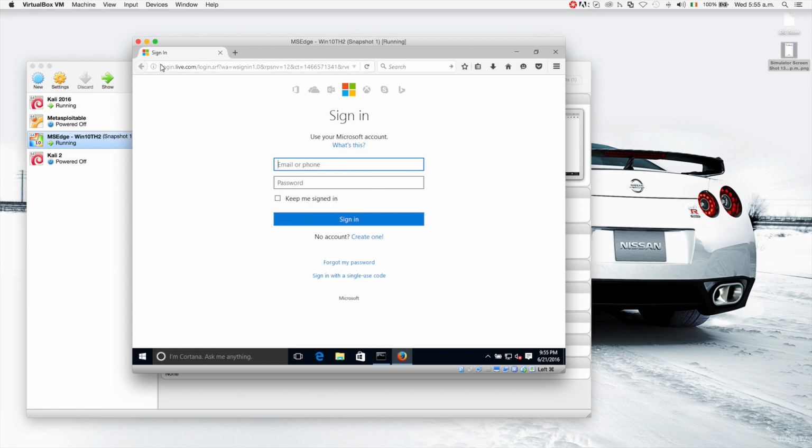Now notice the top here. Notice that there is no HTTPS, so we're actually at the HTTP version of the website. You'll also notice that we didn't see any warnings, so it just looks like a normal website, looking exactly like hotmail.com. So I'm going to put in my email,